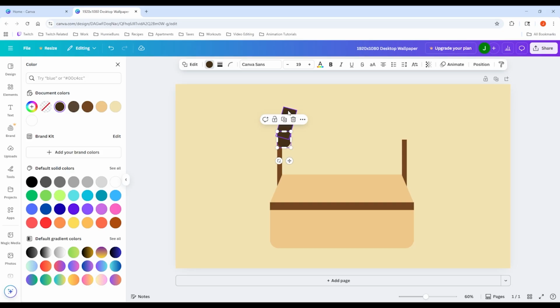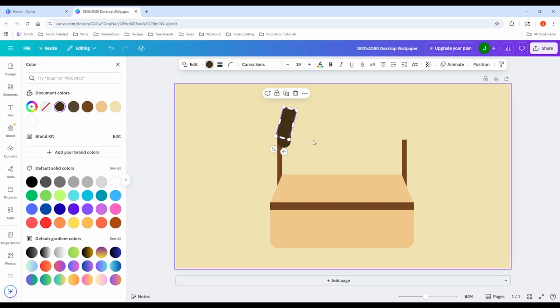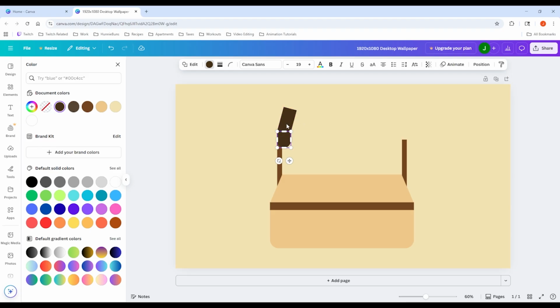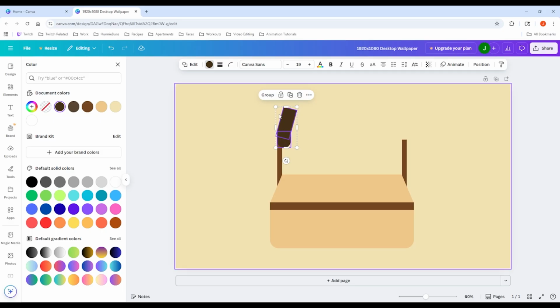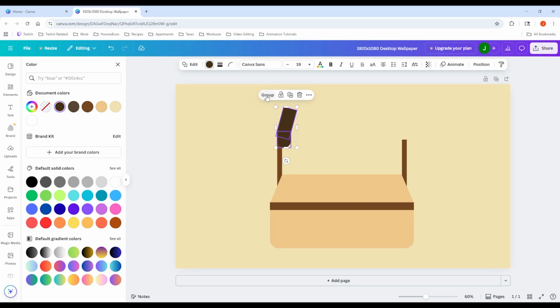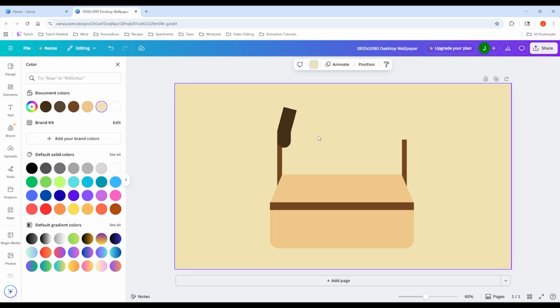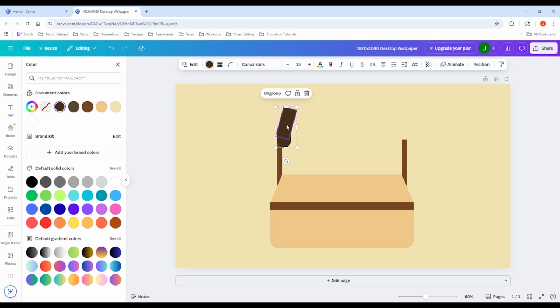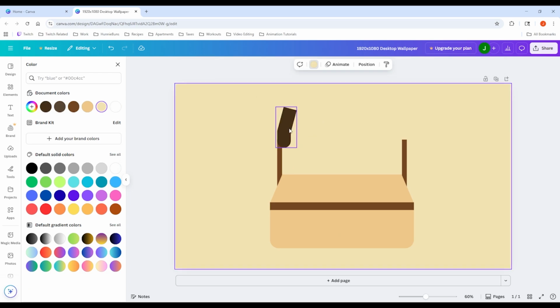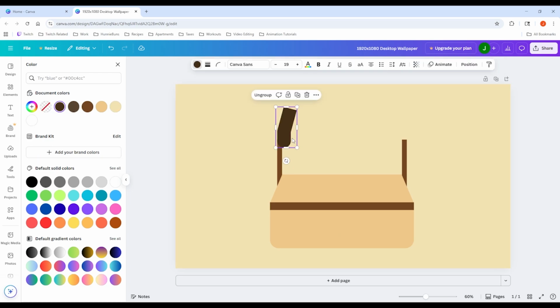So to do that, you'll just click the first shape and then hold down Shift while clicking on the second shape. This will select both shapes at the same time, and you'll see here that a group option pops up, and you'll just click that to group it together. This makes it one piece, so we can easily copy and paste multiple pieces. You can see here that you can click the pieces separately if you wanted to alter them in any way, but we want it as a whole piece, so we're going to click within this purple box to select it